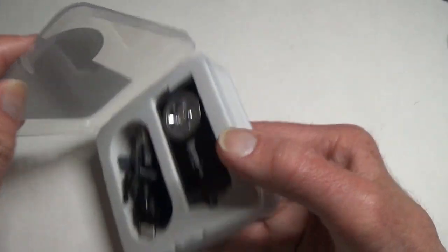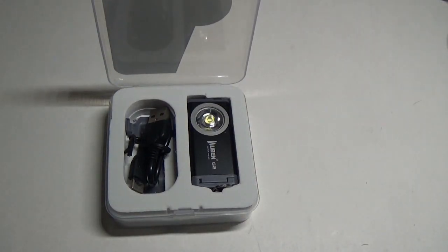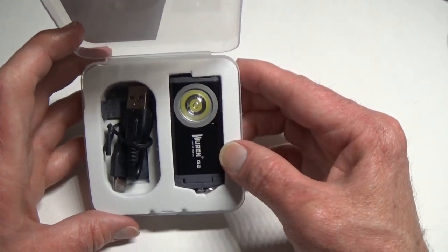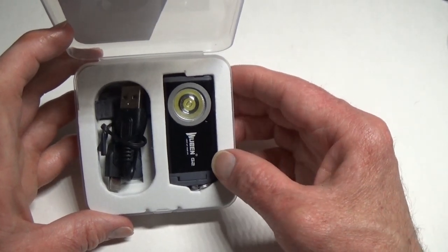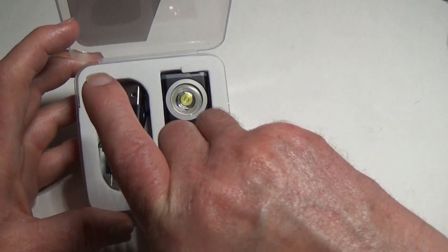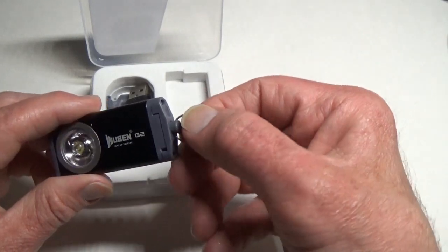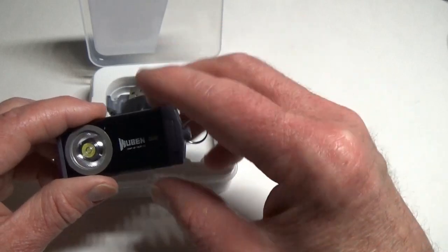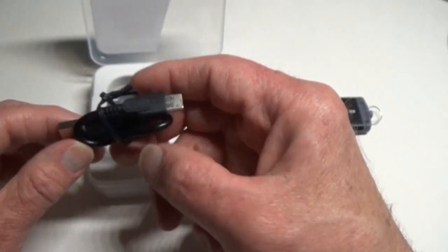I will open this box, and before I forget, it actually comes in 3 colors. As you can see, this one is black, but there's also a light blue and a light green shade, and the green is kind of a nice color of green, a very light green, one that would fit my fancy as well as the black. So the flashlight is, of course, right here. This is the attachment for the keychain on the back. Now this is also magnetic on the rear portion as well, so we'll get to more of those details in a moment. So here you have your USB-C charging cable,